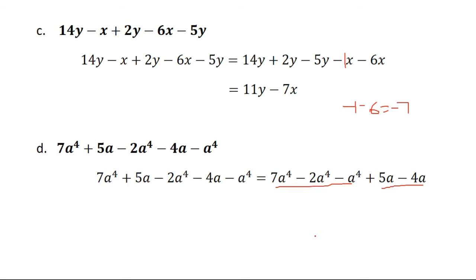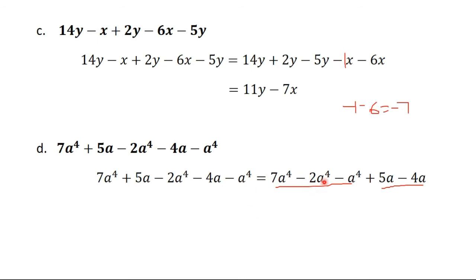So after you've grouped like terms, we move on to our next stage. The next stage says that we should add or subtract the coefficients. We are going to add the coefficients of the first part, then we add the coefficients of the second part. In the first part, you have subtraction and subtraction, so in this case, you are going to subtract. So you are going to have 7